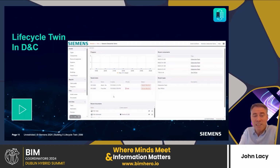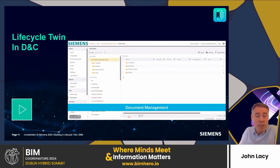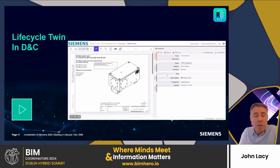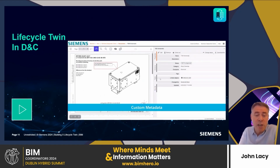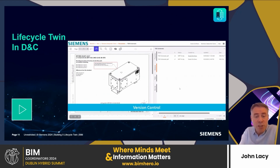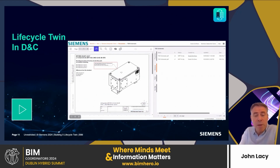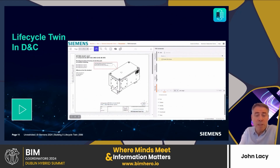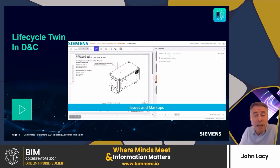The Lifecycle Twin, this is a view of the console, the web browser, through the front end. I'll just let it play out, and it's really showing how documents are managed in the platform. When you drill down into individual documents, you can see that the metadata is customized, version control is managed, tasks can be managed through the system, and then security settings is based on the individual users, and their information needs